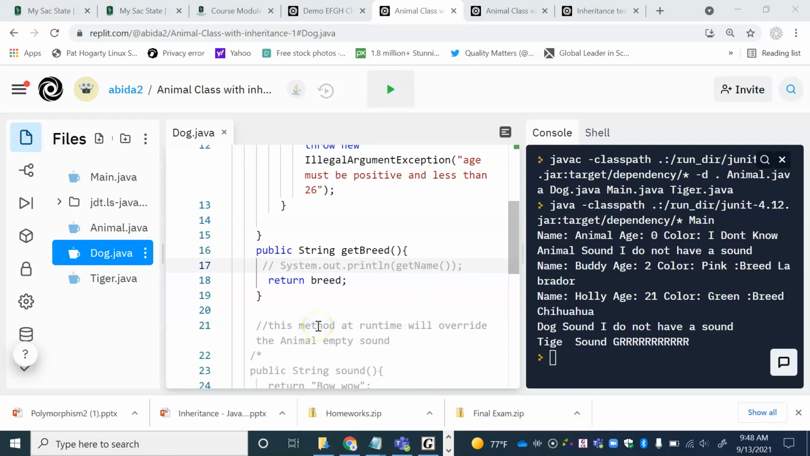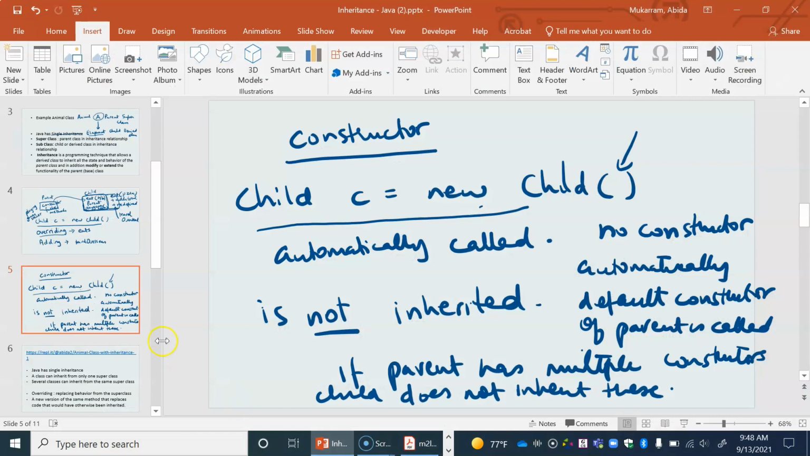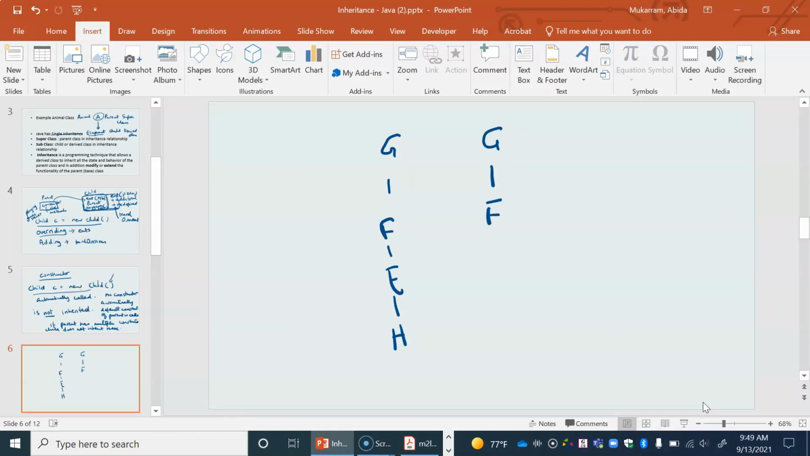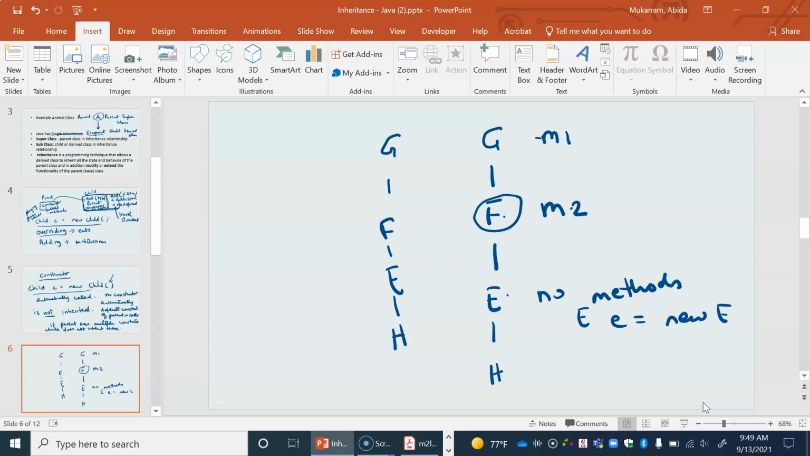Now let's talk a little bit about method dispatch. So far we've only looked at F inheriting from G, so single inheritance, but we can have a chain of inheritances like that. And then let's say we have method 1 here, and we have method 2 here. When we call M1 for F, and it doesn't find it in F, it's going to call the parent's M1 method. And the same thing for E. Let's say this has no methods. And then I create an object E e = new E(),